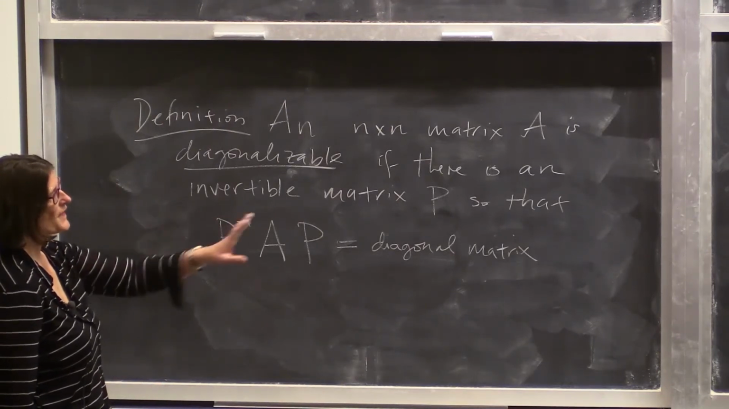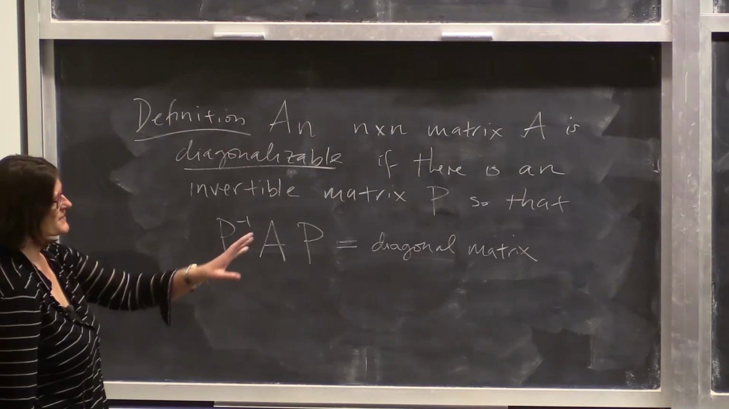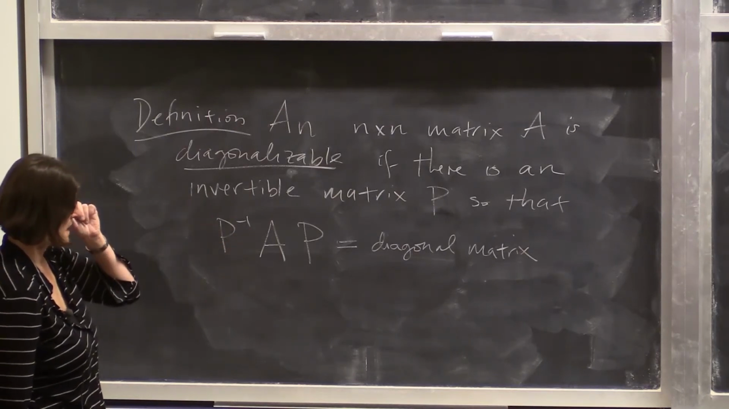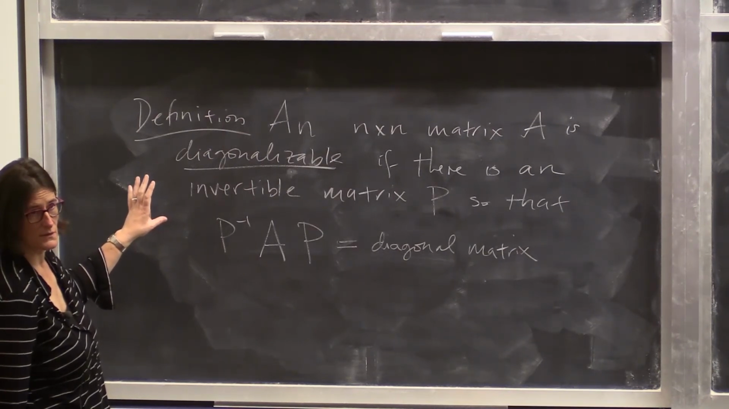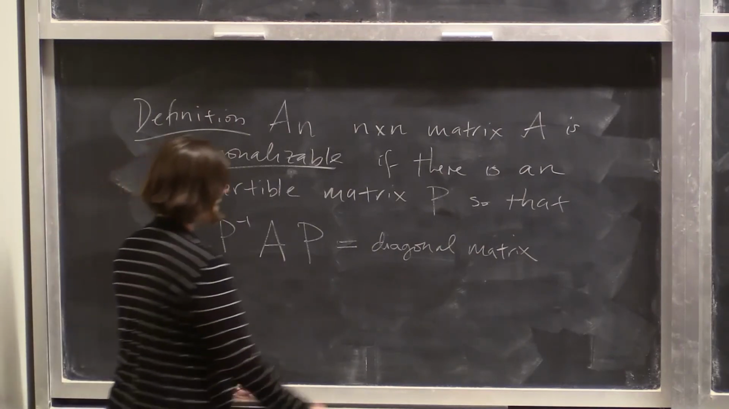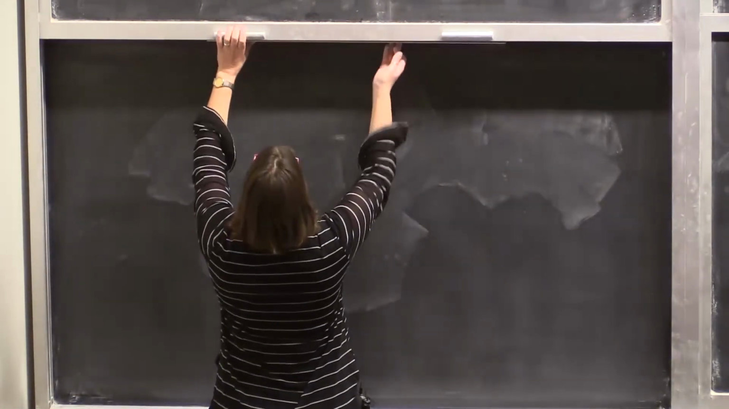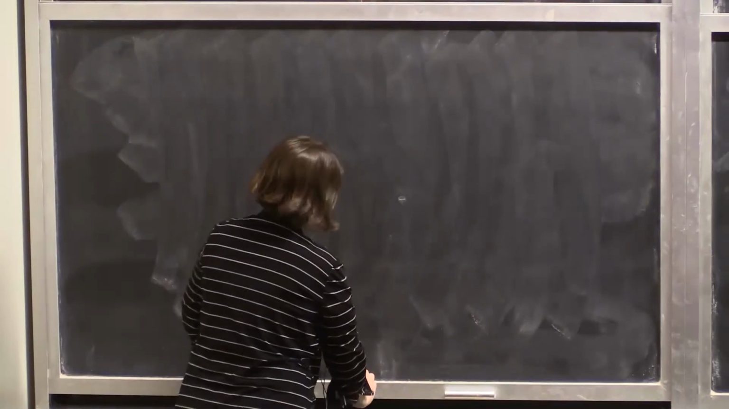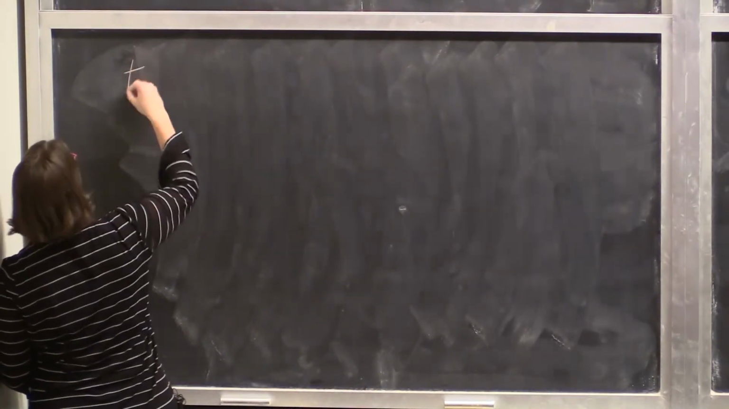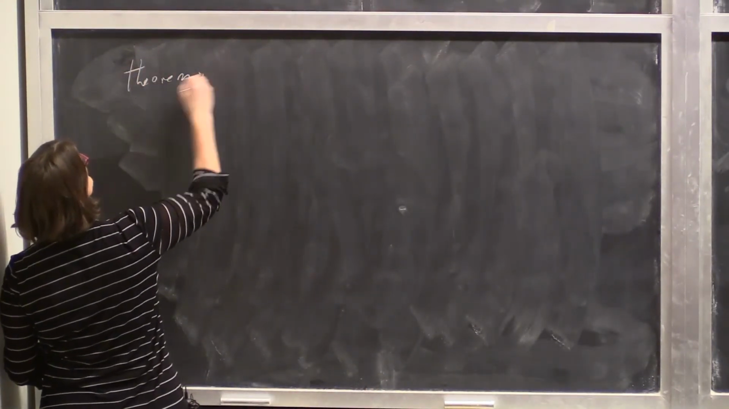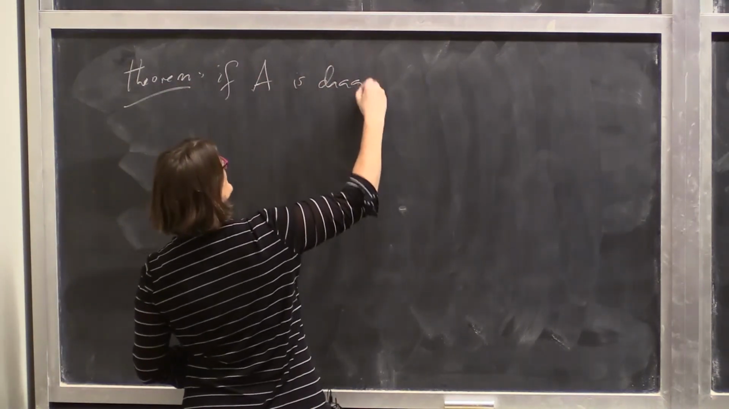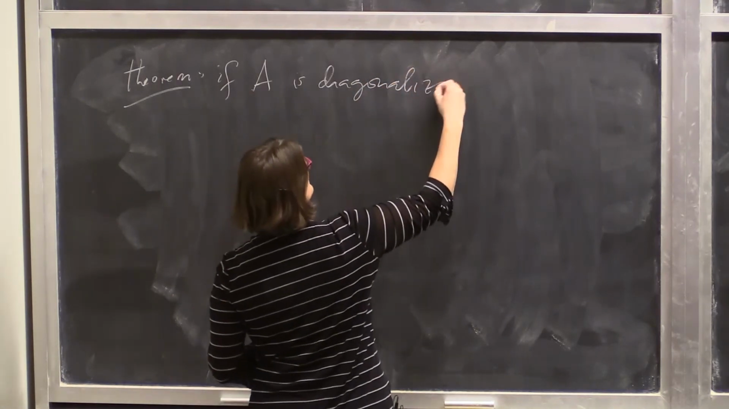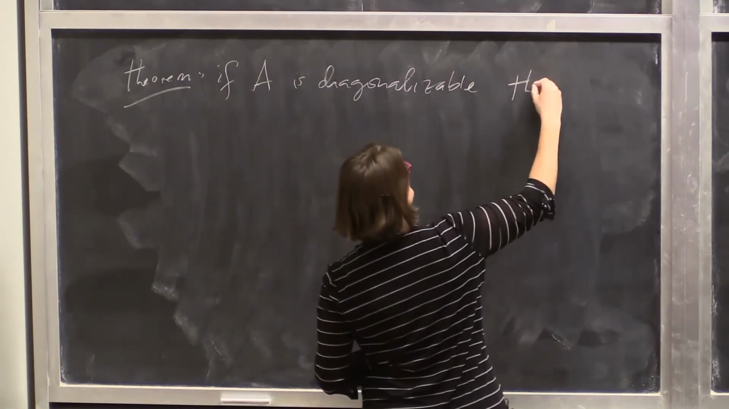Now, up to this point, I've been talking about eigenvalues, eigenvectors, whereas here, is there anything about eigenvalues and eigenvectors in this definition? No. So what's the connection? So, theorem. If A is diagonalizable, then